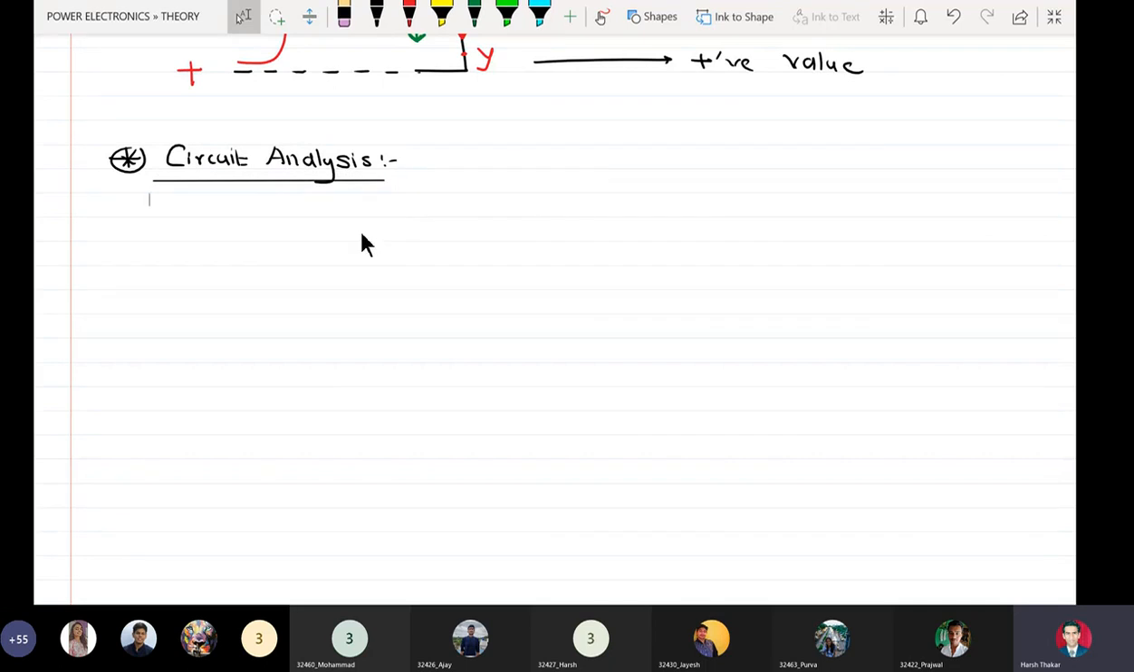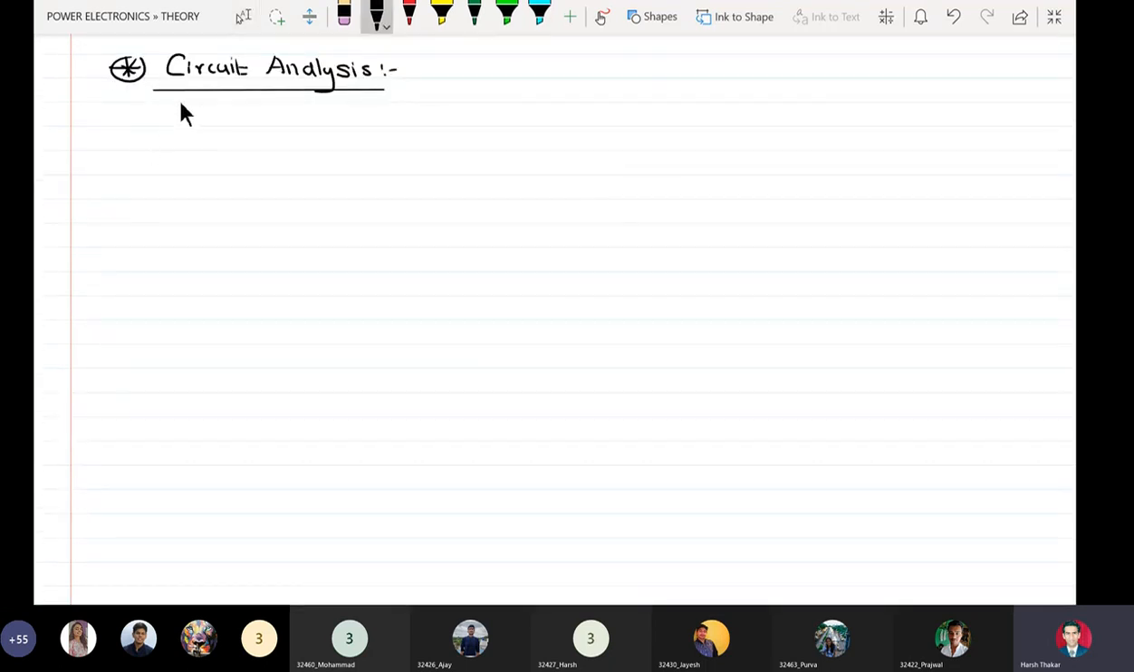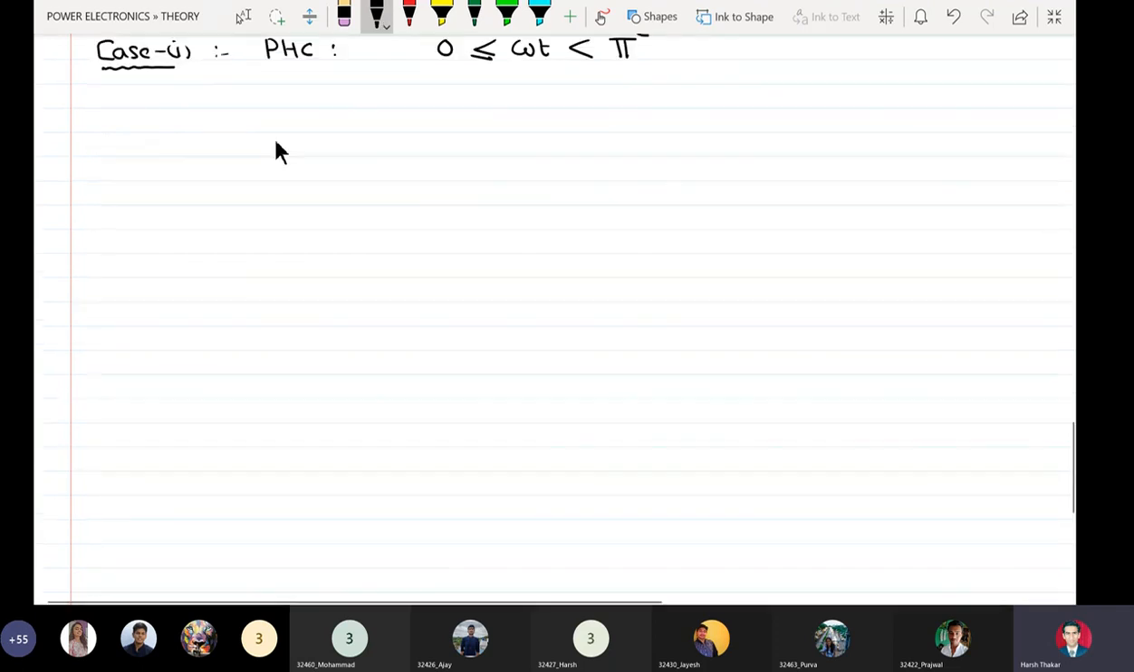Circuit analysis. Case 1, positive half cycle, that is omega t greater than or equal to 0, less than pi radians. Okay,